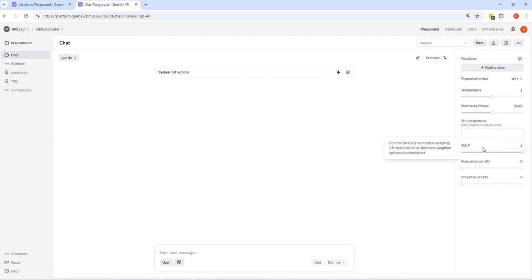Top P, so 0.5 means half of all the likelihood weighted options are considered. So basically, what happens is every time that you type a word or a sentence, it's guessing the next word. So basically, what it's telling you is it will only give you the ones that are 50% or higher, because this is a neural network and it's saying that 50% of all the words that have the probability of being the next word, which are over 50% probability, are